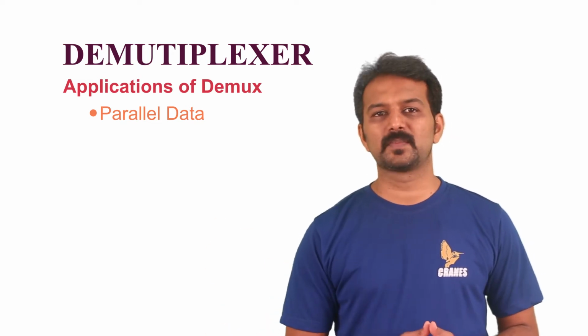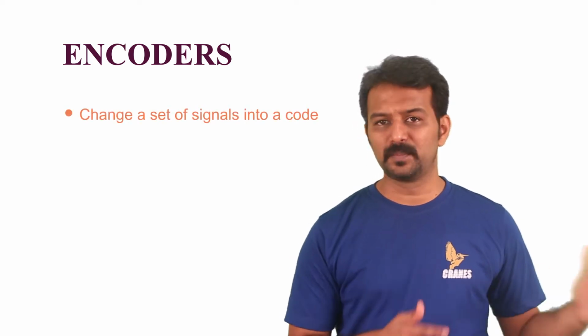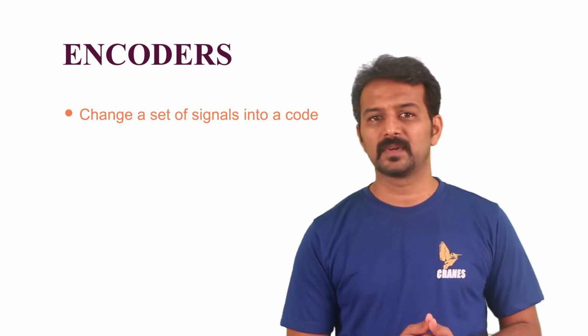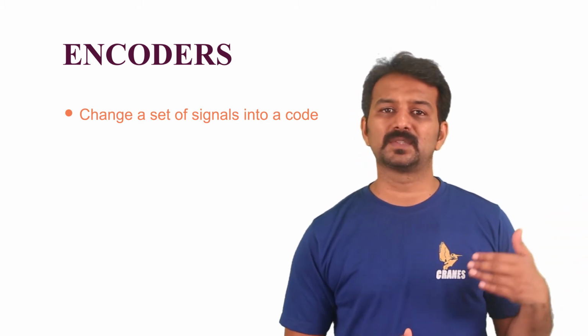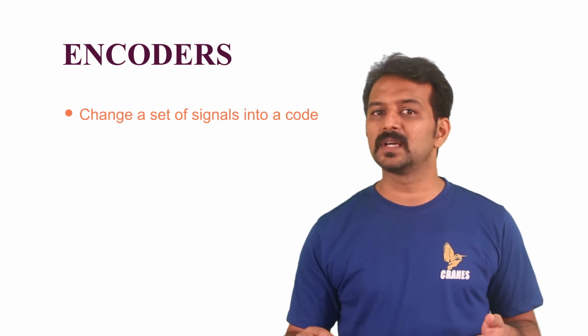Next, we'll discuss encoders. Encoders are logic circuits which change a set of signals into a code using a certain logic. It has a set of input signals of which only one line is active at a certain instant of time. Unlike a multiplexer that selects one individual data input line and then sends that data to a single output line